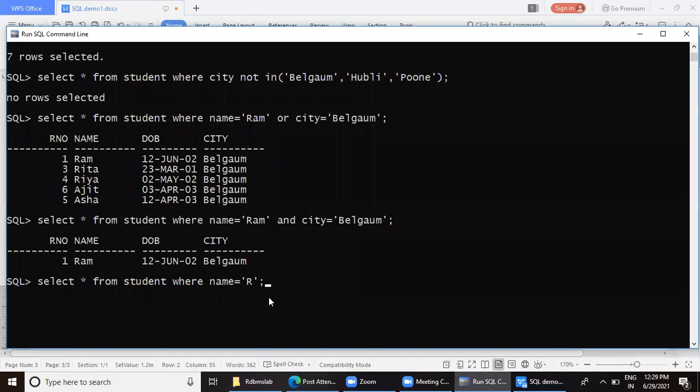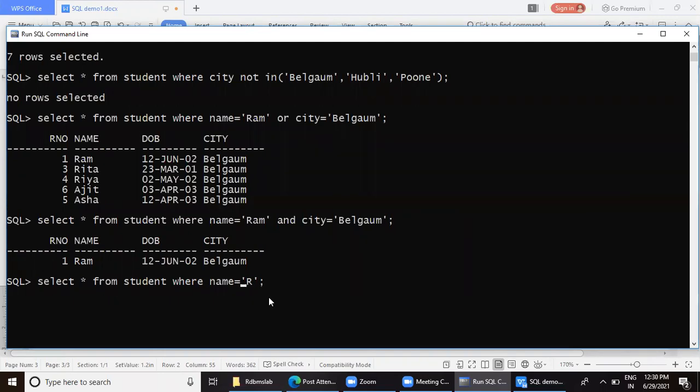What will happen if I give equal to R? No row is selected. Because it will search for the name which exactly matches R. So I don't want to do exact matching.